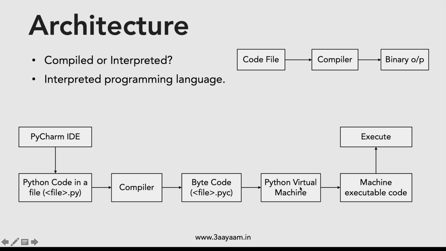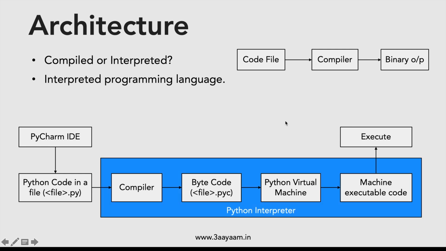Now it's not that we'll have to do the compilation. We just run the code and then it is passed to the compiler. The compiler creates a bytecode of each and every line, which is sent to the virtual machine, and the virtual machine creates the binary output which is then executed. And all these steps that I have mentioned are done by something called a Python interpreter. So we use the Python interpreter to do all these jobs for us. We do not need to compile the code.